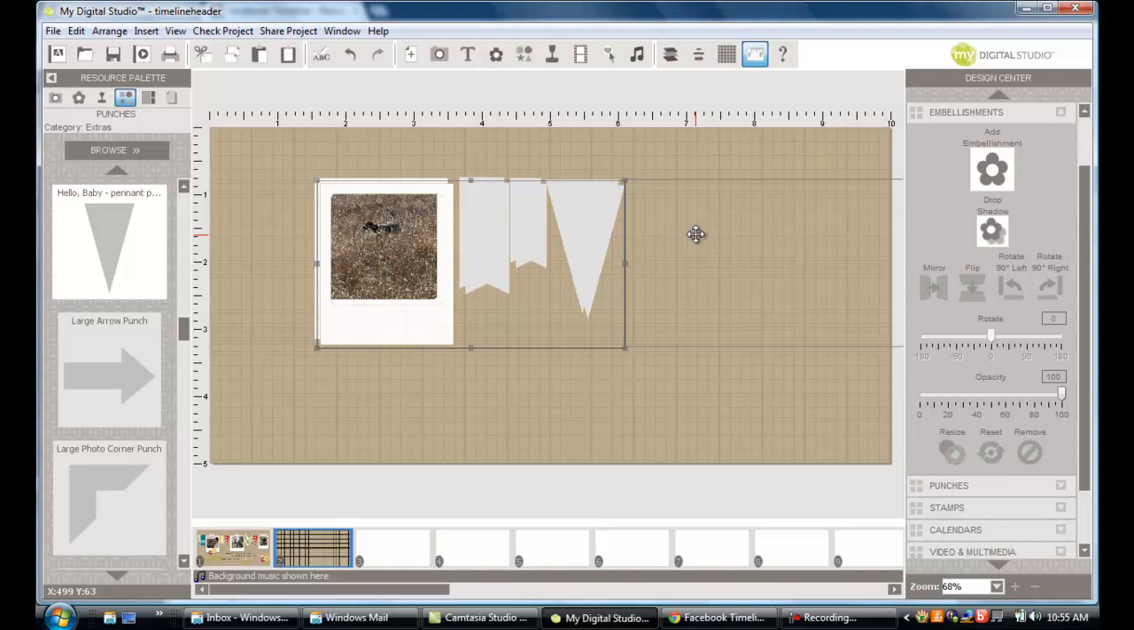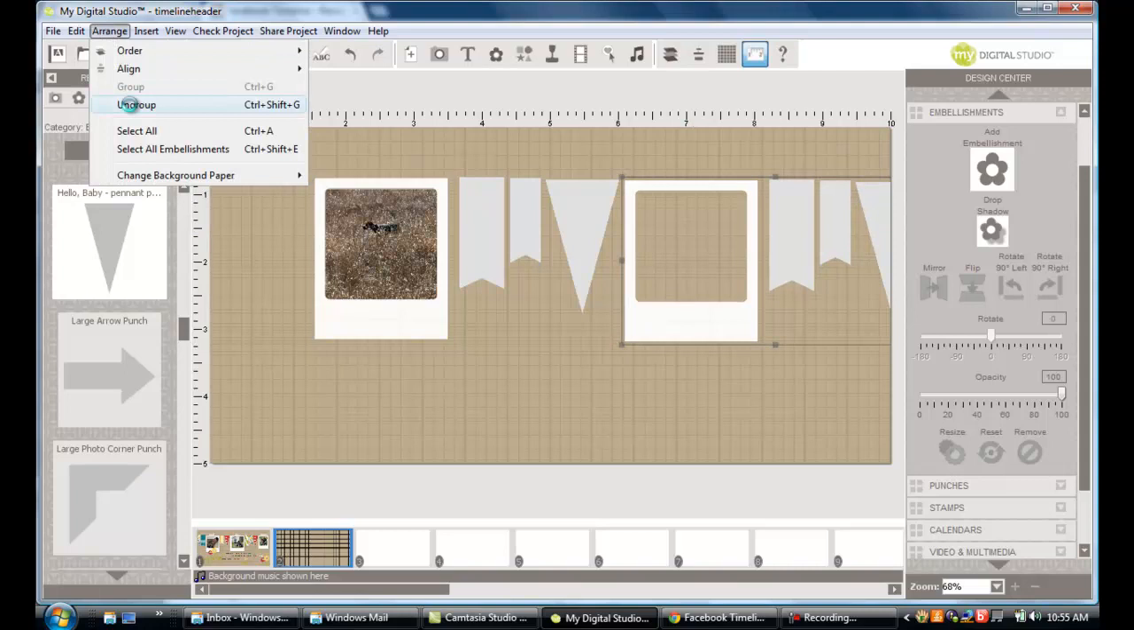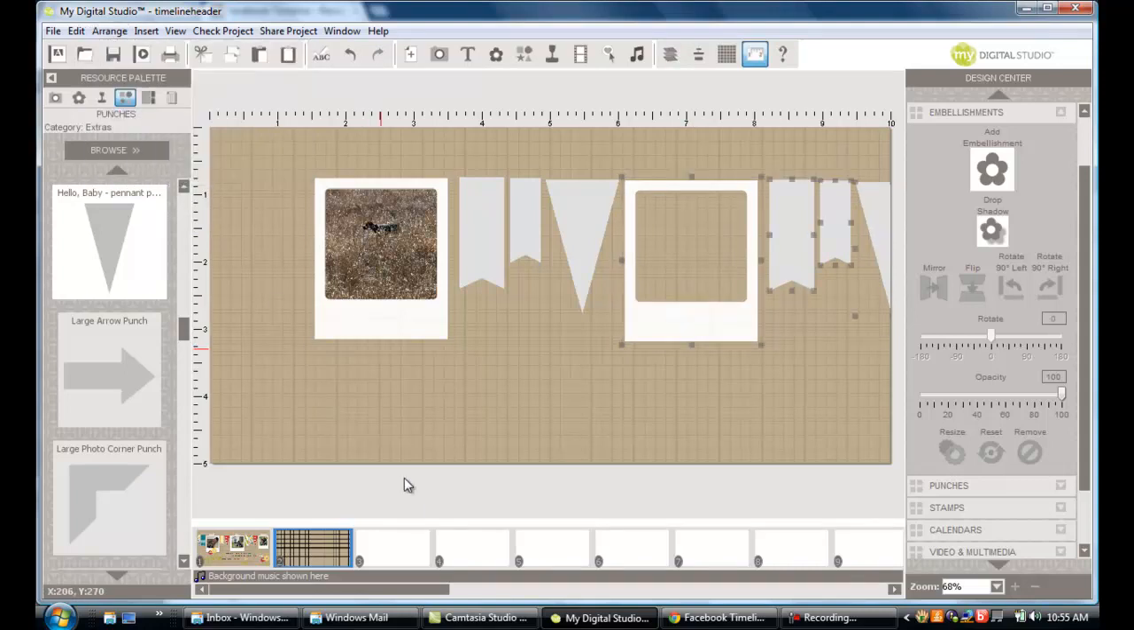Or what I can do, it's just a little time-saving tip instead of rebuilding each and every one. You can also easily resize them. We're going to come up here to arrange, ungroup. Notice my photo didn't move because it was underneath, so I did not click on that. I only clicked on the frame. And now what I can do